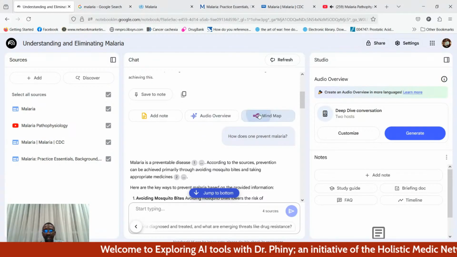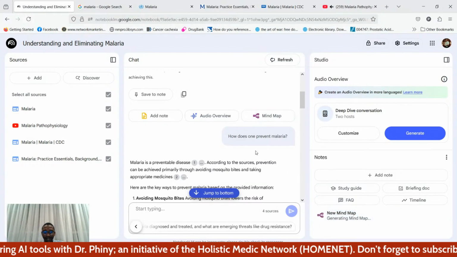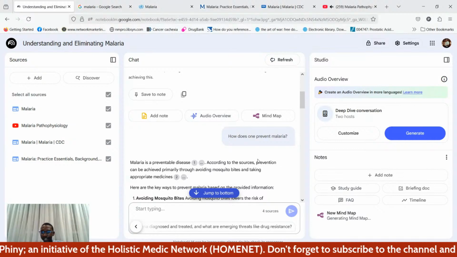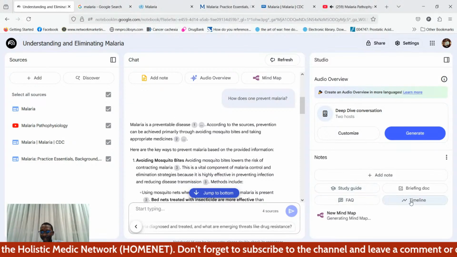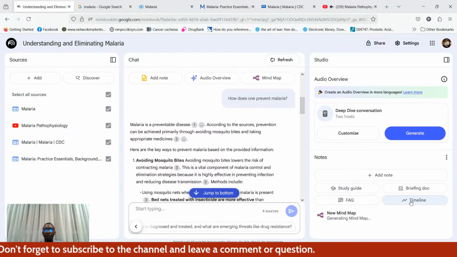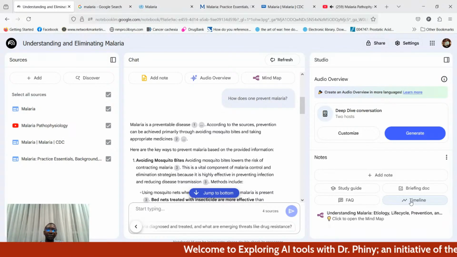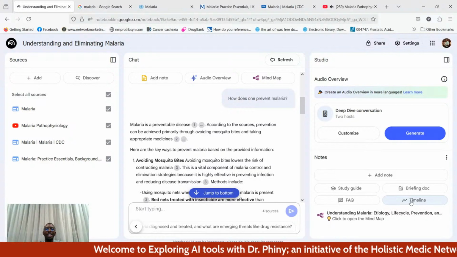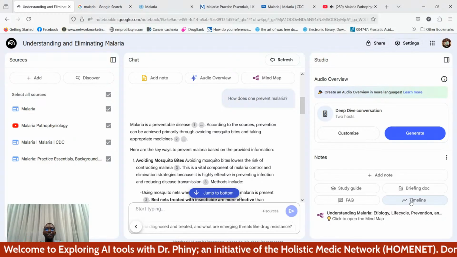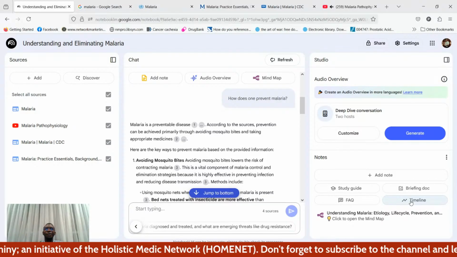All right. So you could go ahead and create mind maps. I just click, and it's going to try and generate mind maps, audio overview. The other thing I like is timelines. So for example, if you have certain sources that have timelines, say maybe in 1970, malaria was an epidemic. It killed 20 million people. And then 3 years later, we developed insecticide. In this year, we developed